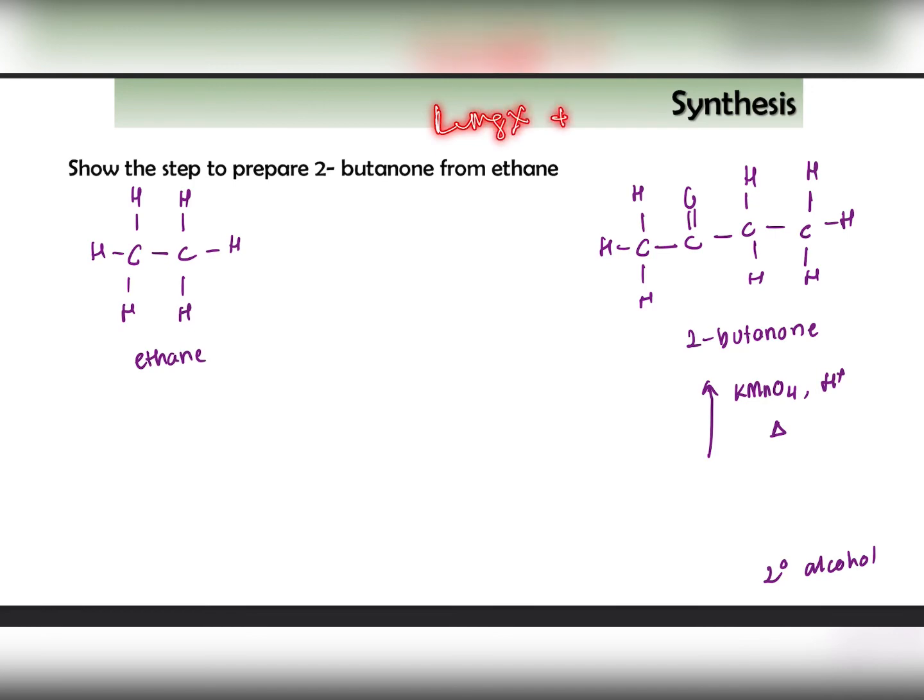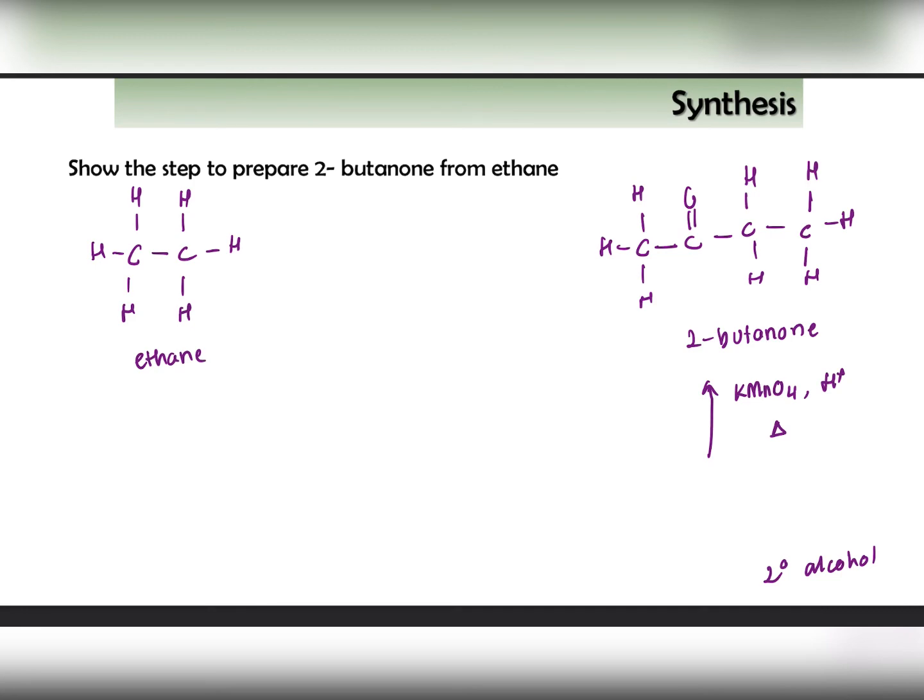RMgX, reacts with something. For example, it could be hydrolysis, it could react with a carbonyl or CO2, and then undergo hydrolysis. Then you form the product. So in this case,